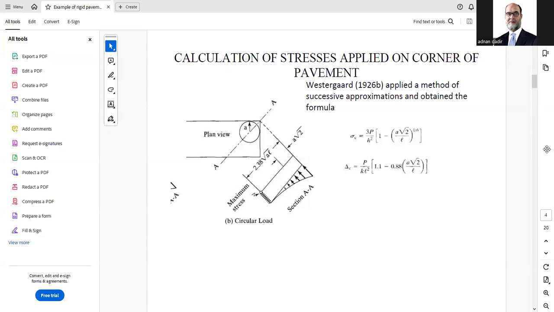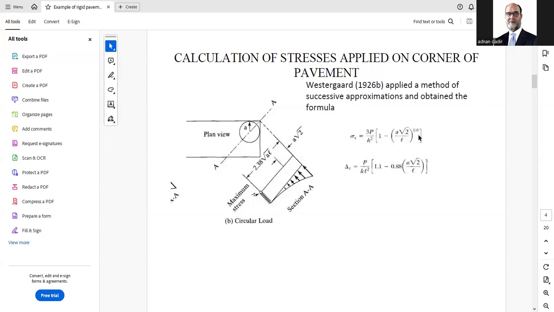Bismillahirrahmanirrahim. Now, in order to calculate the stresses at the corner of a rigid pavement, we have to apply this relation that has been derived by Westergaard in 1926. According to that, the formula for calculation of stresses at the corner is 3 times P, where P is the load, over H squared, H is the height, A is the contact radius, and small l is the radius of relative